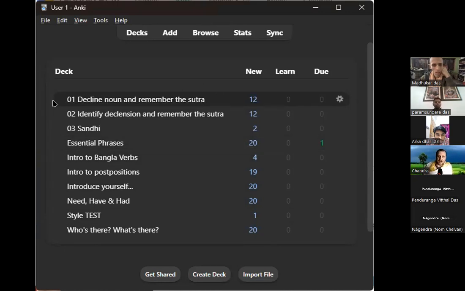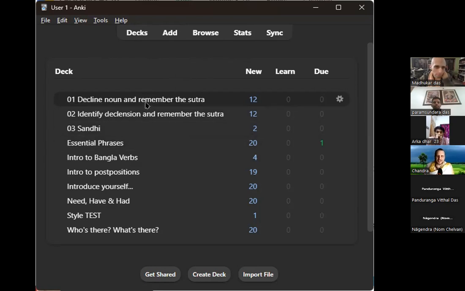It's available on computer and also for Android and iOS. This app, what we're seeing right now, is also a web app. I should mention that if anyone's got an iPhone, there's a paid app, but you don't need to pay for the app. You can just use the web app. So don't pay money for the app. Use the web app even if you've got an iPhone. If anyone needs help with that, then myself or Madhukar could probably help out. Madhukar's got an iPhone, so he knows all that sort of stuff.